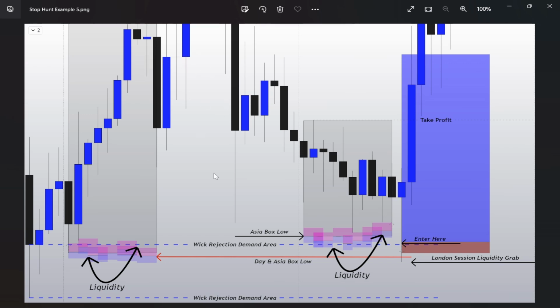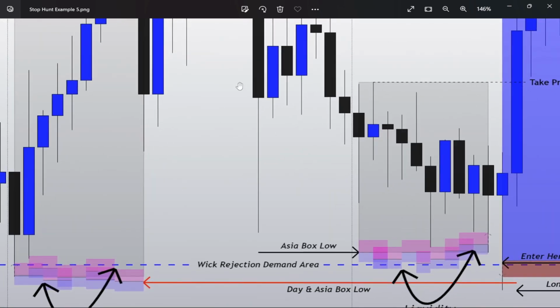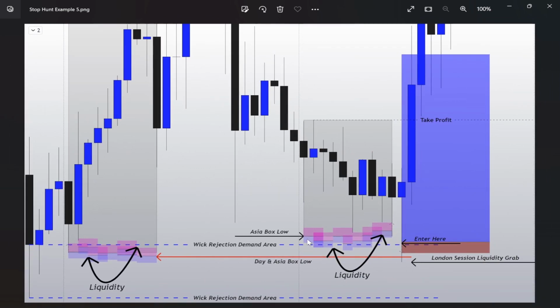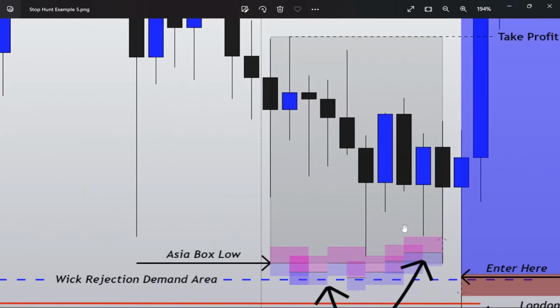When the price returns and staggers back to the area, that's called mitigation. The market makers, the people who have enough money to actually push the price in a certain direction, when they push the price, the price needs to rebalance itself. There's a lot of imbalance created in the Forex market. So the move to the downside is called mitigation. And after the Asia session accumulation occurs around here,